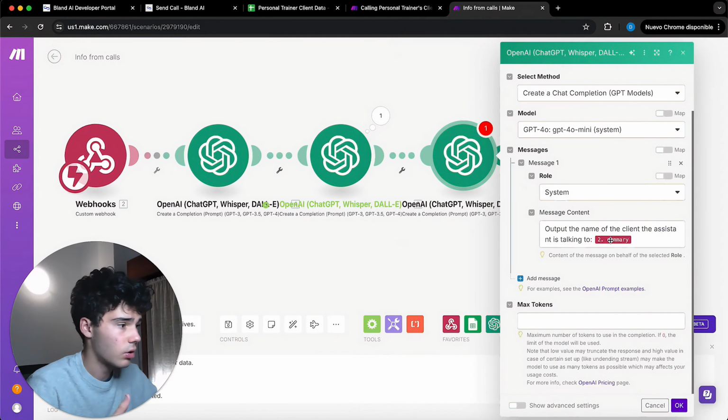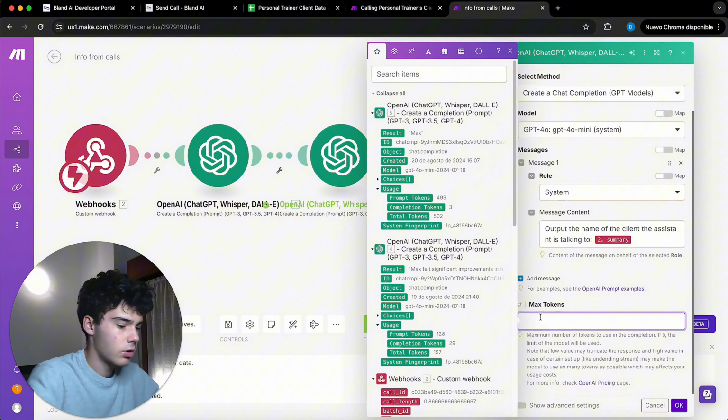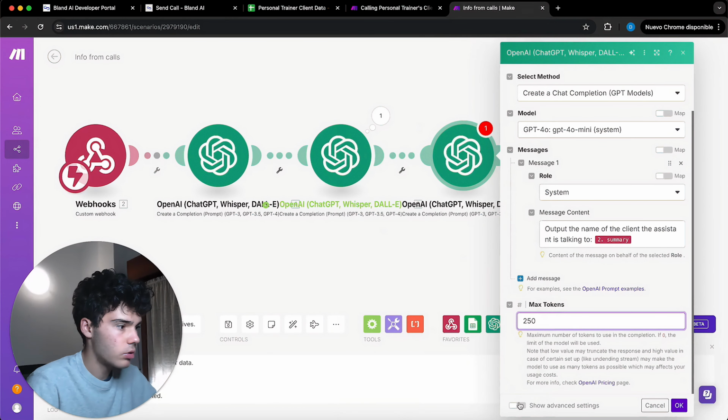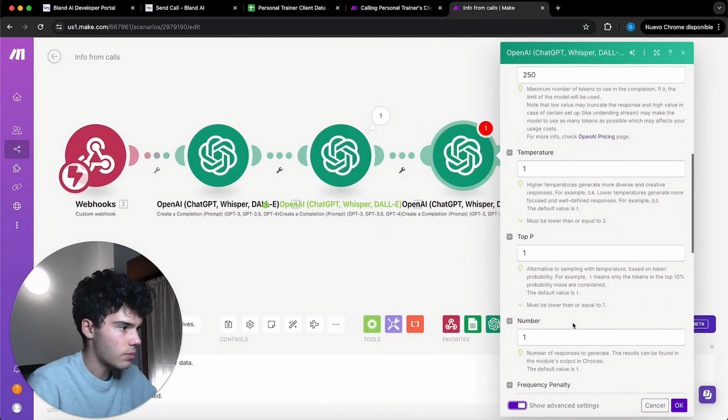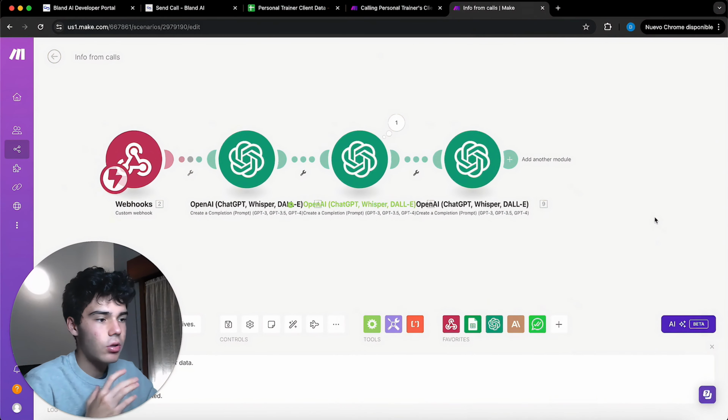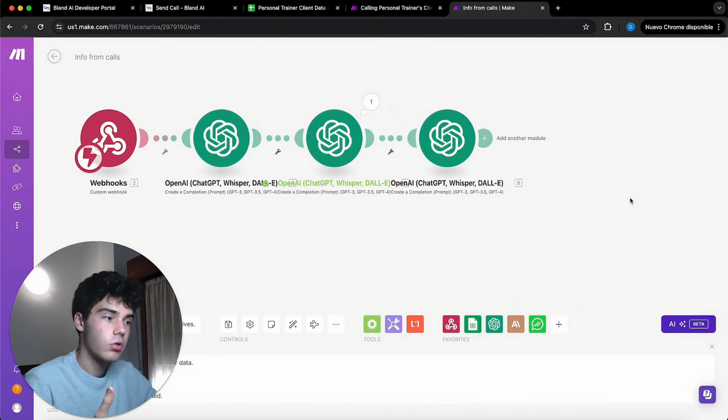The summary is okay, so then we are gonna go with the max tokens. We're gonna put 250. It's not necessary, you can put 0, many people put 0. And the temperature, I'm actually gonna put 0.2 because I like the temperature always to be a bit low. And we click OK, and the next step will be to send a notification to the personal trainer